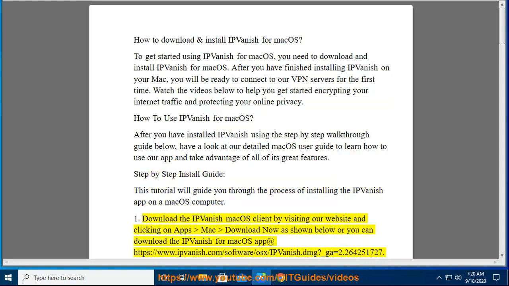1. Download the IPVanish macOS client by visiting our website and clicking on Apps, Mac, Download Now as shown below, or you can download the IPVanish for macOS app at